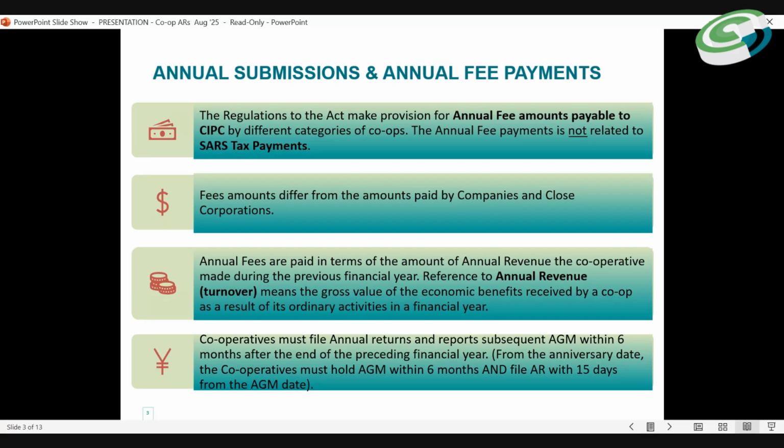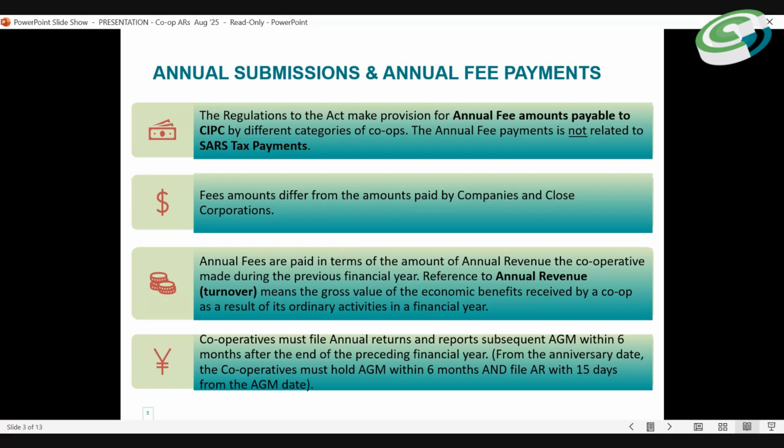Once they've done their SARS, they assume they've also done the CIPC. These are two completely different institutions and two different processes. And the annual fees payable to CIPC for cooperatives are also different from those for companies and close corporations.